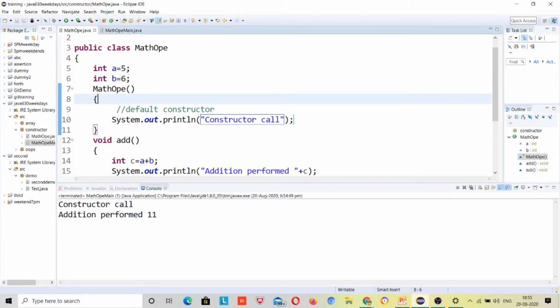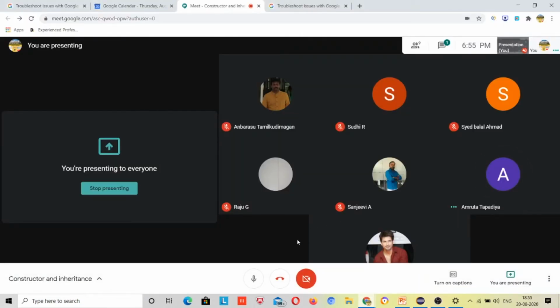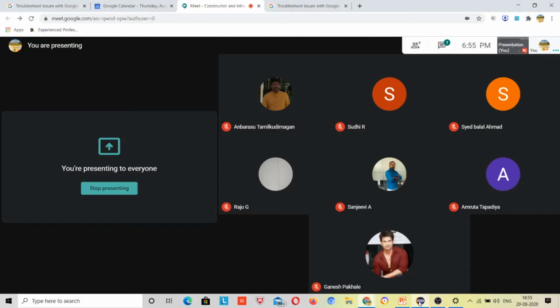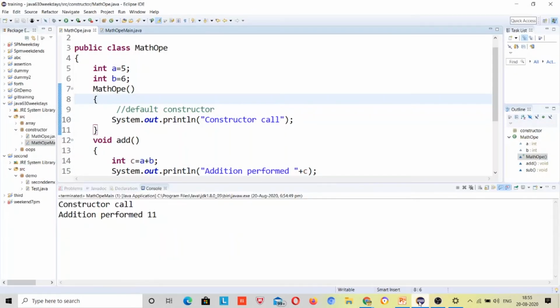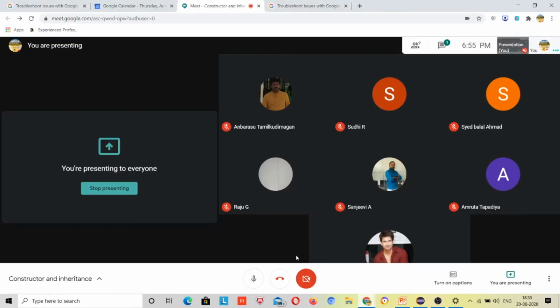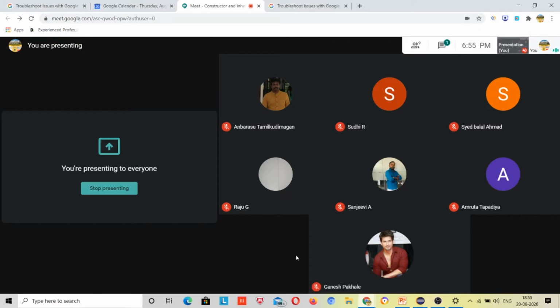Is it always necessary to have a default constructor? Whether you write it or not, it will be present in any class, until you force it not to be.